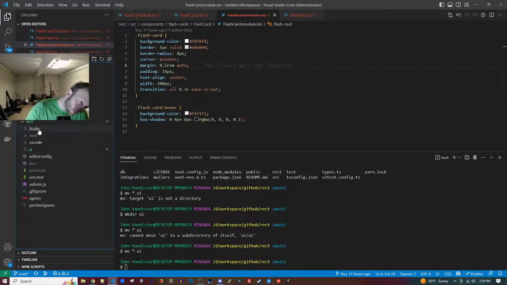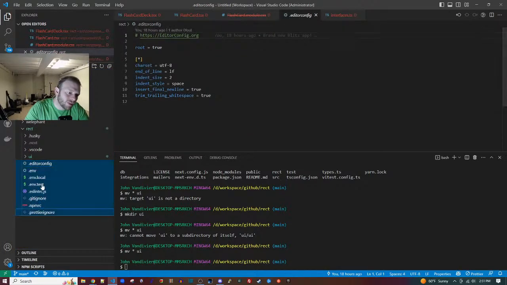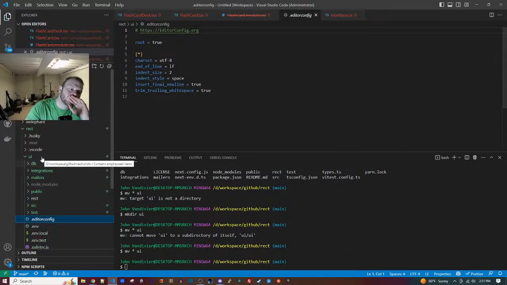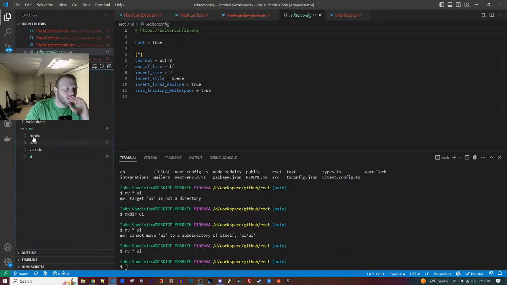Do I want Husky at the top level? It needs to go at the top level, right? Guess we'll leave Husky at the top level. GPT is the know-it-all friend who can't bring themselves to say, I don't know. That's so true. So true. Okay, so I'm going to move all this stuff into the UI folder. We will add a readme.md.